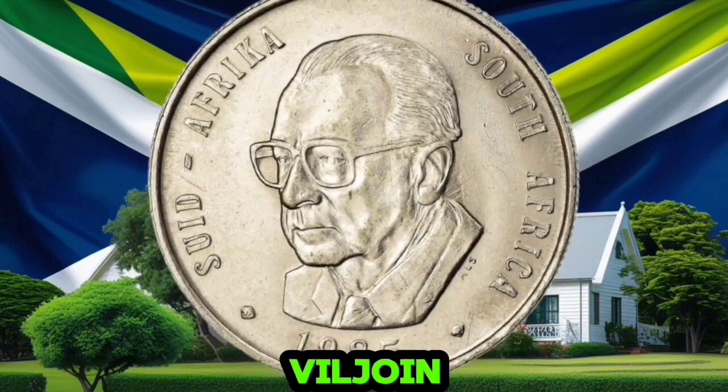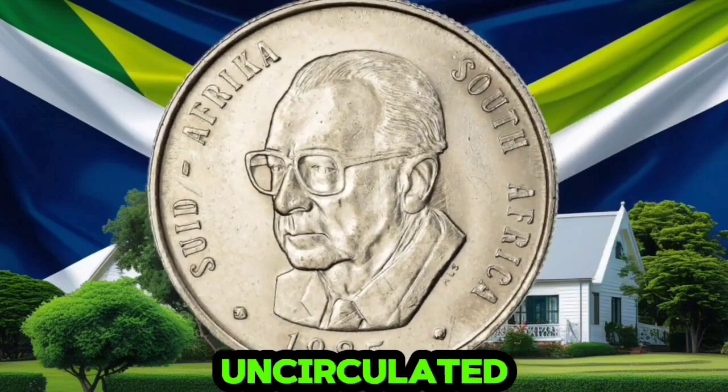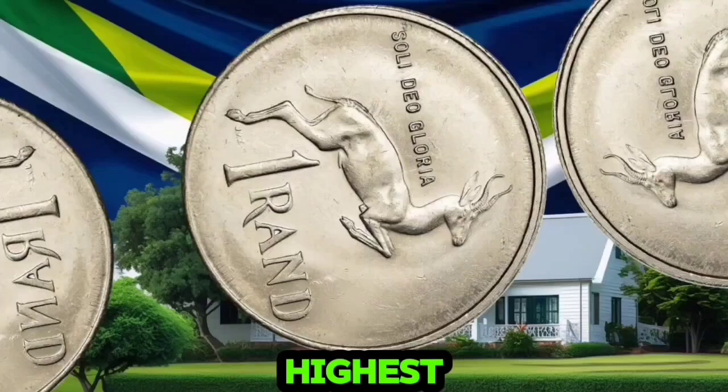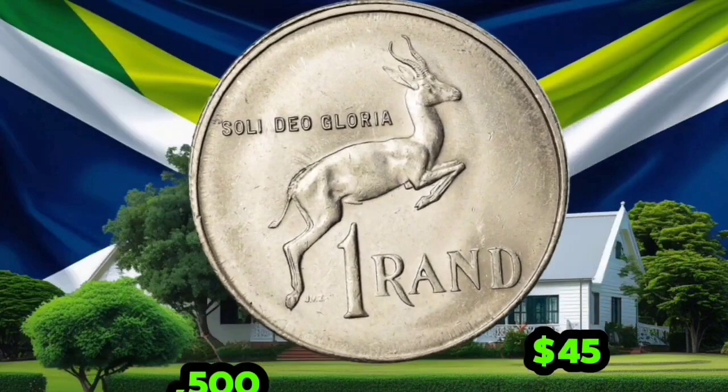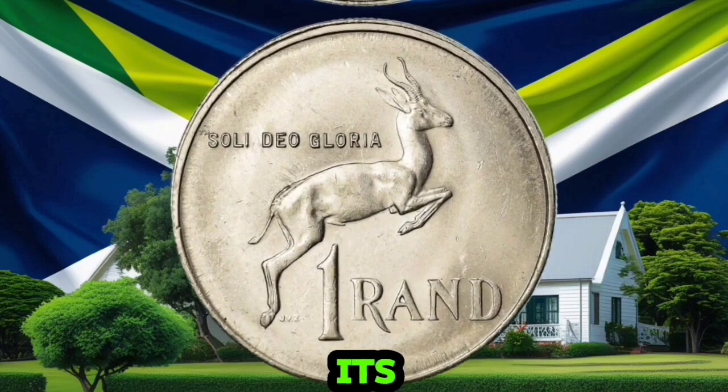Now, when it comes to evaluating the value of rare coins, grading is everything. The 1 Rand 1985 Veld coin is no exception. Coins are graded based on their condition, whether they are uncirculated, proof, or somewhere in between. A coin in mint condition or MS 70, which is the highest grade, will obviously command a premium price. The 1985 Veld Rand with a flawless design, sharp edges, and no signs of wear can push its price up